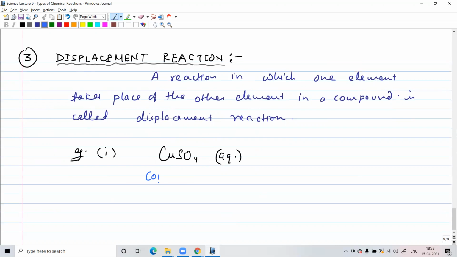So this is copper sulfate, and the color of this compound is blue. This is a blue solution. This is aqueous. That's why it's a blue solution. Now, this copper sulfate, if it reacts with